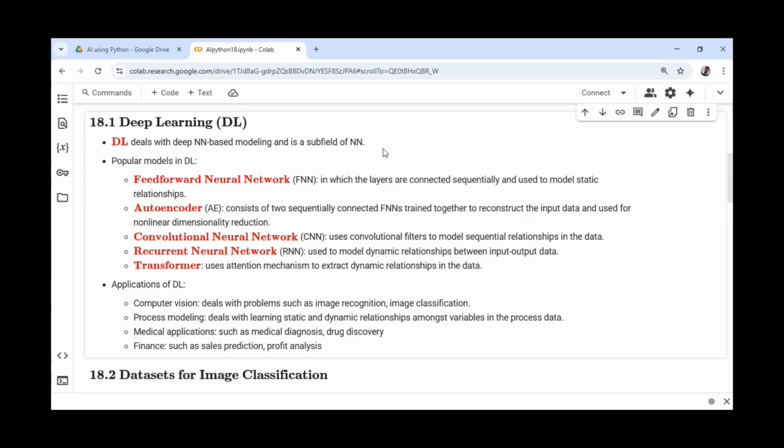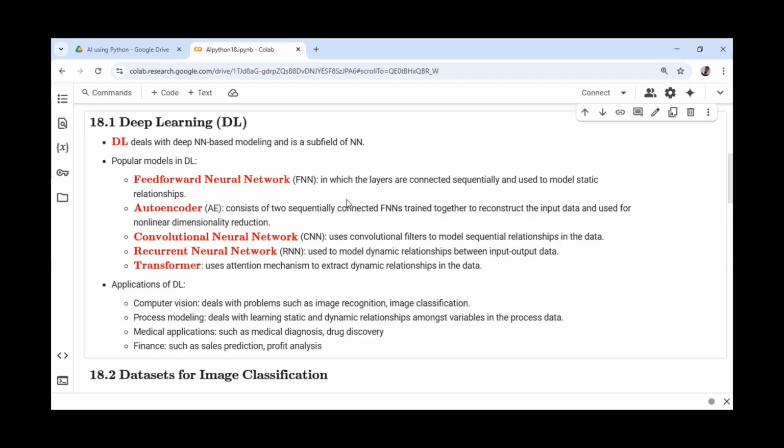So in general, all these models can be used for approximating various nonlinear functions. And as per the universal approximation theorem, a neural network with sufficient number of parameters can approximate any continuous nonlinear function. This makes these neural network models a generalized model which can model any relationships in the data.